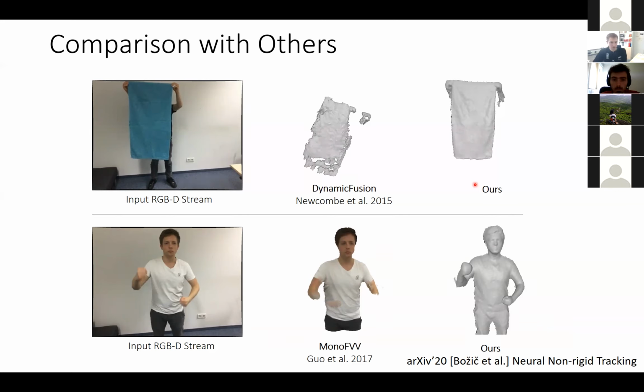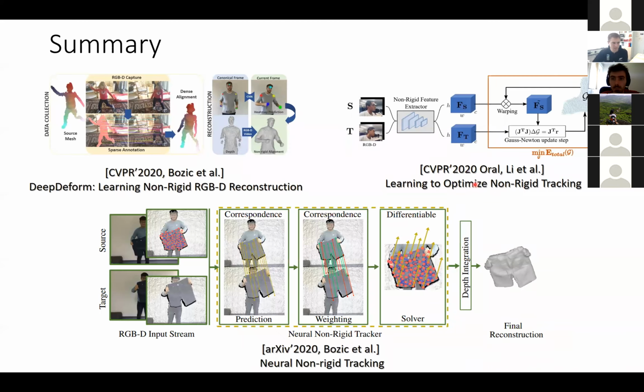Okay, so I want to summarize and conclude a few things. I've talked basically about three works here. DeepDeform was the first one. I would say cool method, but good dataset. The method is maybe not the strongest part here, but I think the dataset is really strong. The CVPR oral here was pretty cool, I think, because it's looking at learning preconditioners and stuff like this, which could possibly be applied to other problem statements too. And then here we're already going through the whole non-rigid tracking pipeline with this neural non-rigid tracking paper,